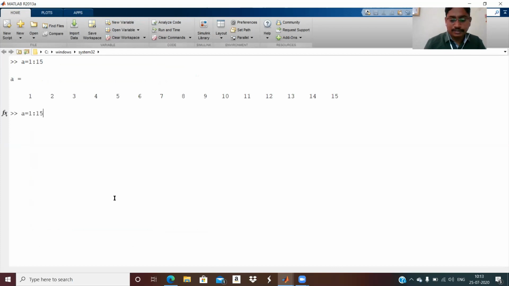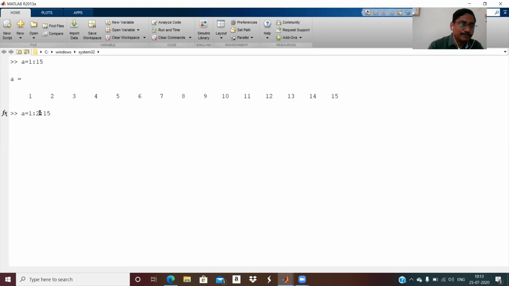Suppose I want this to be spaced by 2. The first element will be 1, but the last element may not be 15. It may be 15 or less than 15 according to what step size you are taking. So while defining such an array, you give the first element, the step, and then the last.